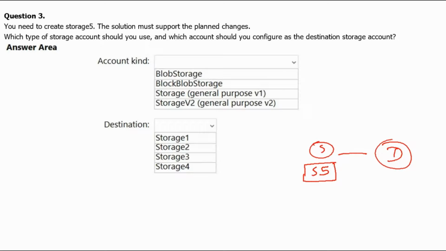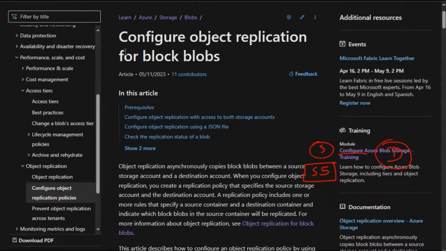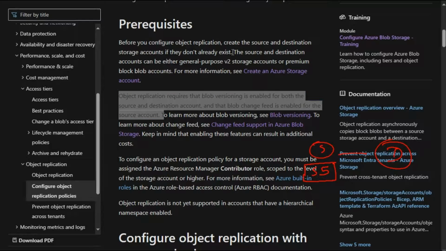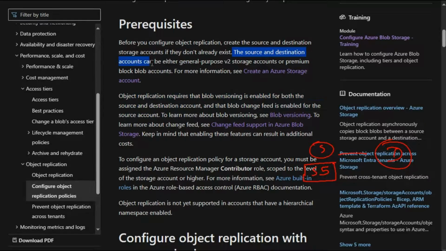Let's understand object replication requirements. As per the Microsoft documentation, to configure object replication for blobs, object replication requires that blob versioning is enabled for both the source and destination account, and that blob change feed is enabled for the source account. Further, the source and destination accounts can be either general purpose v2 storage accounts or premium blob accounts.